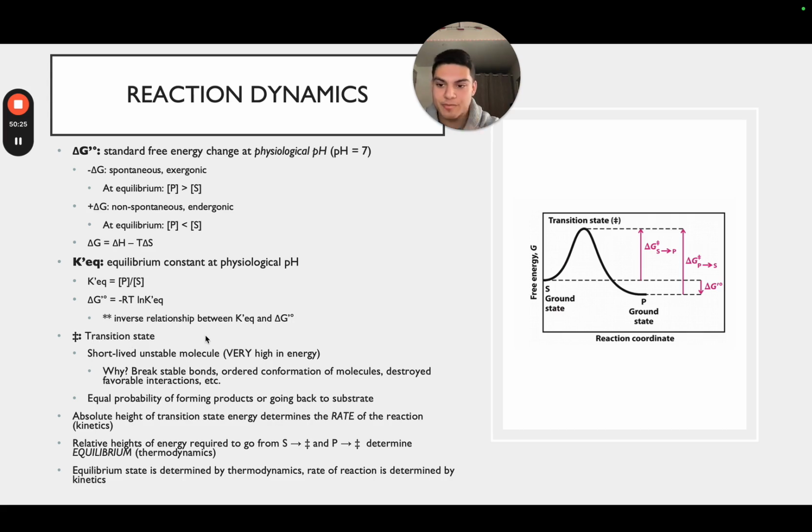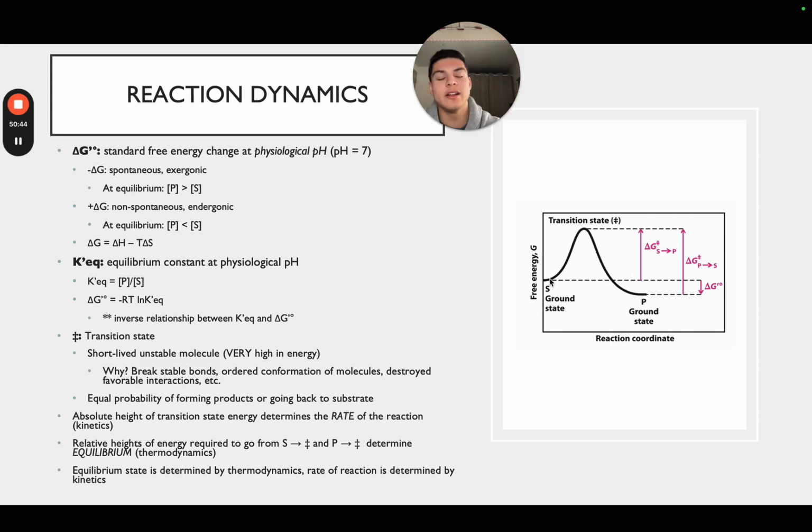And then transition state. So something to note is that these are short-lived, unstable molecules that are very high energy. You cannot put them in a bottle and just keep them for later at all. That's the best way to think about it. And why is this exactly? It's because when we break stable bonds, order, conformation of molecules, destroyed favorable interactions, when we destroy everything that stabilizes